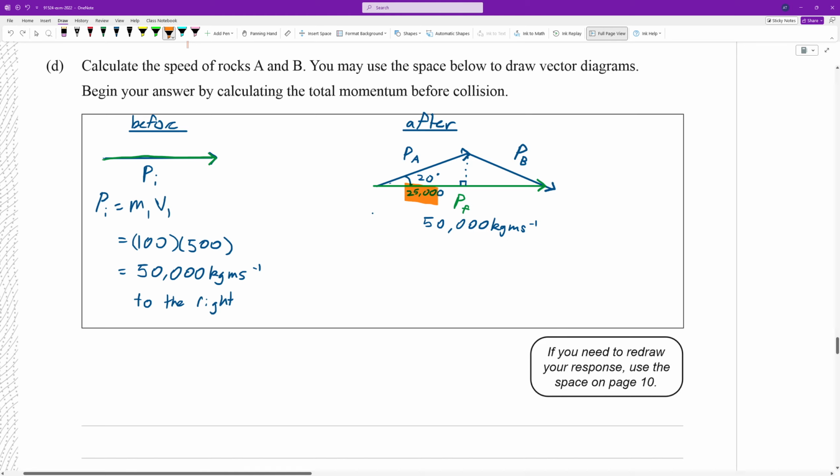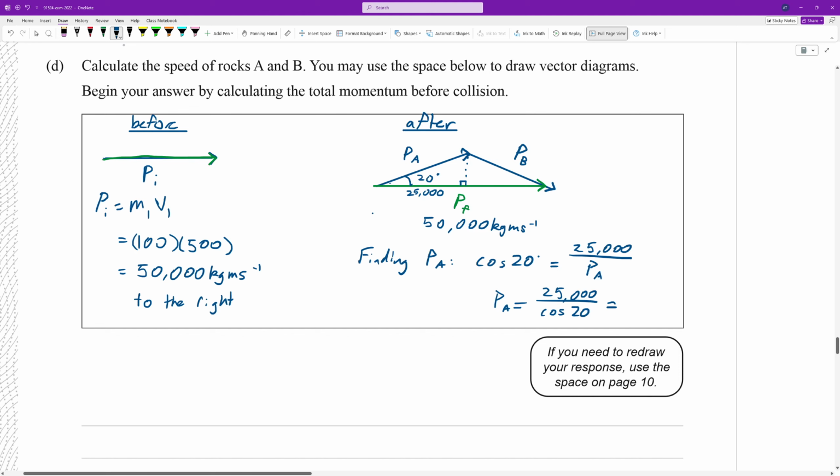We have the angle and we have adjacent. So we can solve for PA. So solving for PA, we have adjacent, looking for hypotenuse, so we'll use cos of the angle equals adjacent over hypotenuse. So multiply PA across, divide cos 20 across, PA equals 25,000 over cos 20,